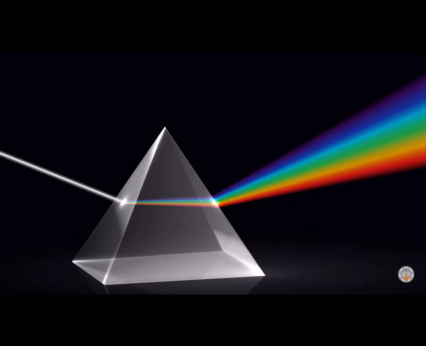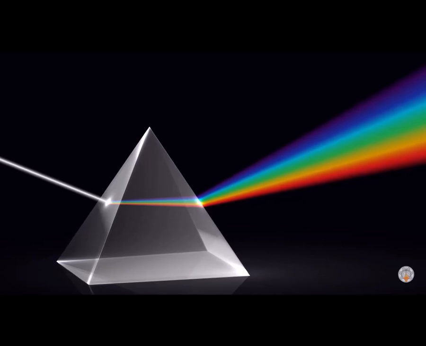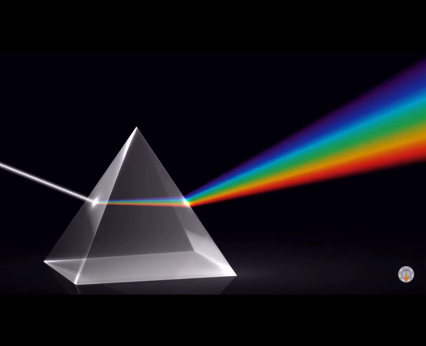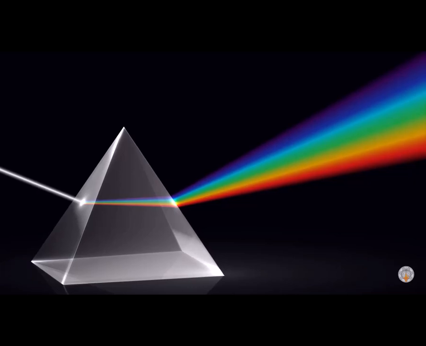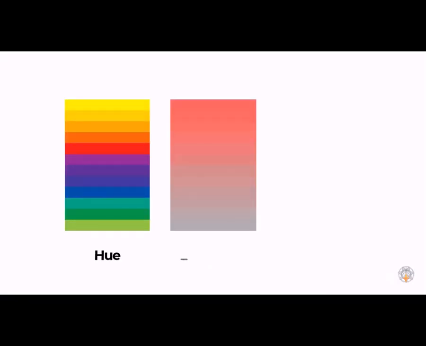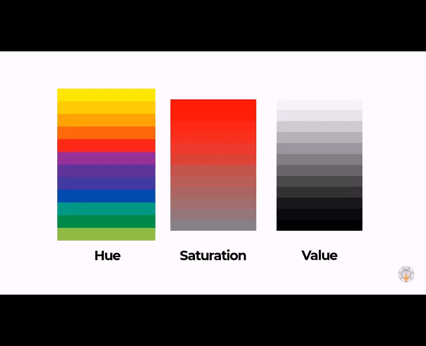When light passes through a prism, we are able to observe seven separate colors, often called a rainbow. It is important to understand the three properties of these important elements. Those are hue, saturation, and value. Hue is the name of a color in its purest form. For instance, cyan, magenta, and green are pure colors.